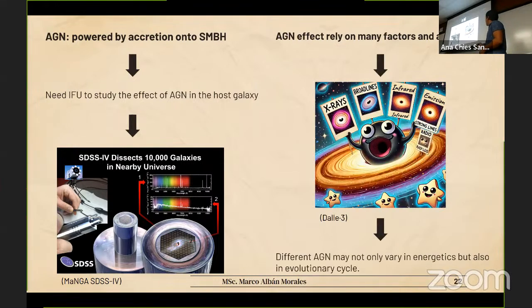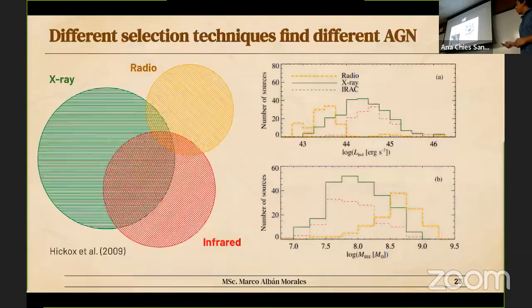So, another AI-generated picture. We can decide to use many different techniques to classify activity in galaxies, but there is evidence that the different techniques that you use to classify them do not capture the same AGN populations. This can tell us a little bit about the different trigger mechanisms, maybe, and also a possible connection to their evolutionary cycle. So I'm showing some evidence here. This is from Ryan Hickox,